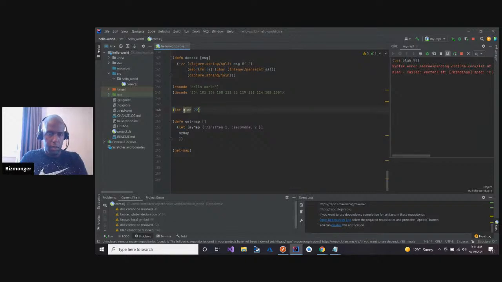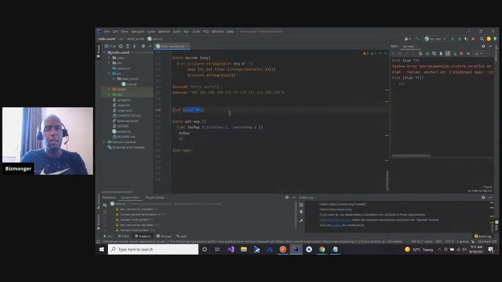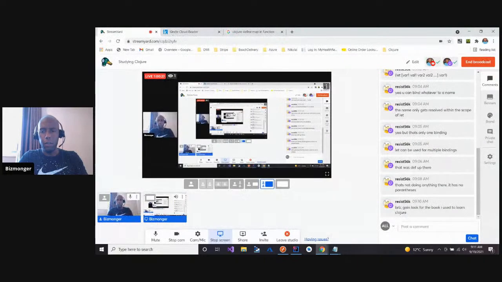Then we could say, okay, I'm understanding that, blah, and then we do this, and we're good. So let and then brackets, and then whatever you want to put in the brackets. That is the syntax that's required for let. Let, bracket, and then content inside brackets. Okay, you helped me understand that.